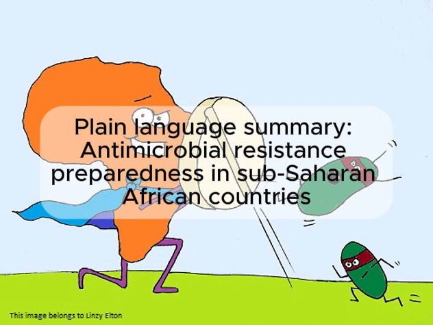So we're going to go on to methods, and this is how we analysed it. We took all of the scores for each of the categories, so things like National Action Plan, antimicrobial stewardship, and put them in a massive spreadsheet for all of the countries that had completed a joint external evaluation, and worked out lots of different figures, such as a mean score for each country.